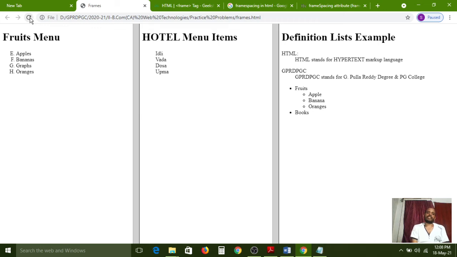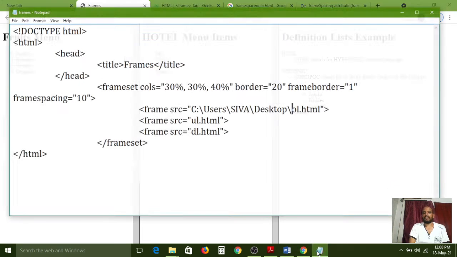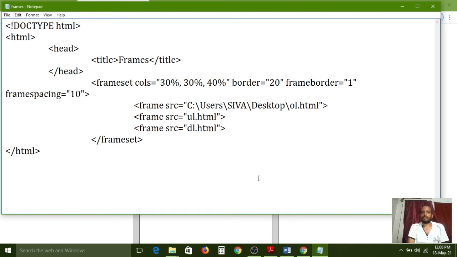The file is also detected by the address only. That address is called, in computer terminology, the path. That path is the address of the file location. So that path we also need to give here. If the file is available at a different location, we compulsorily need to give the complete address in the source attribute. If the main file and the destination file are both available at the same location, the path is not required.